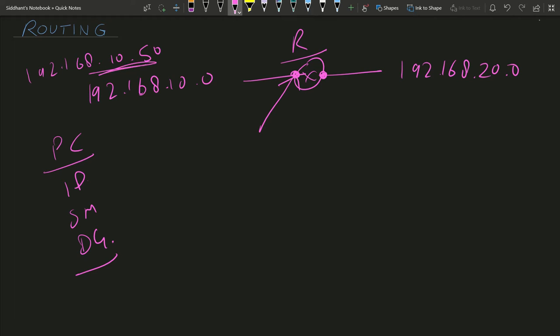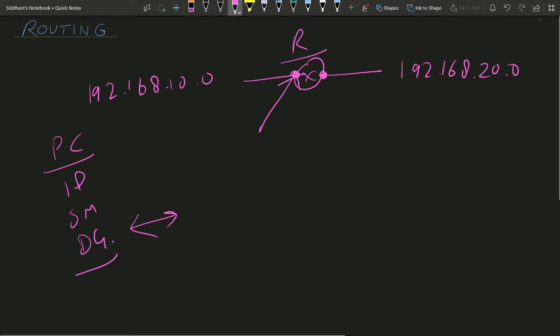This 10.50 lies in this network only. So we do not use a default gateway. We will try to do ARP and find the MAC address for that PC in the same network. But suppose data comes for anything else, like 192.168.50.20.